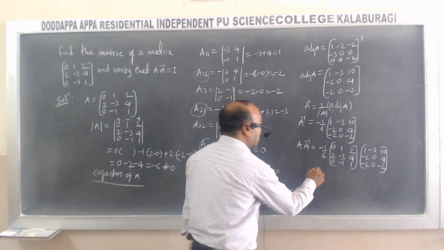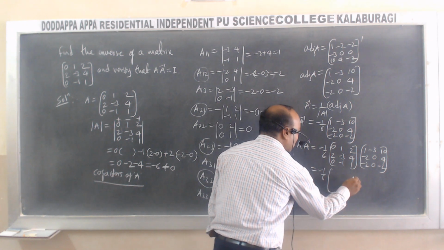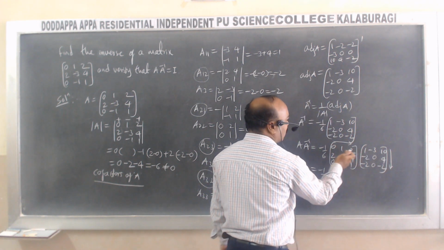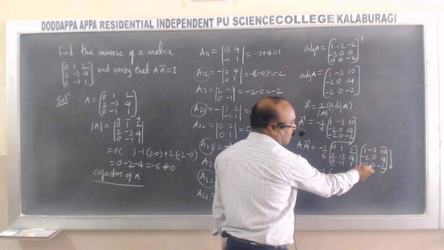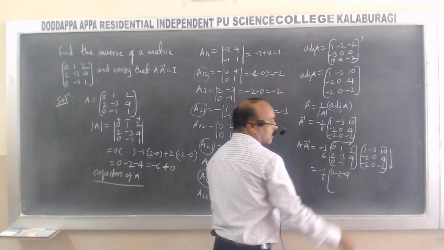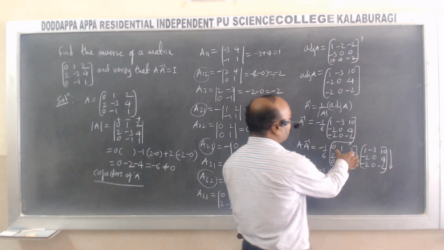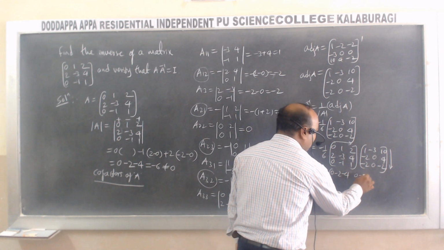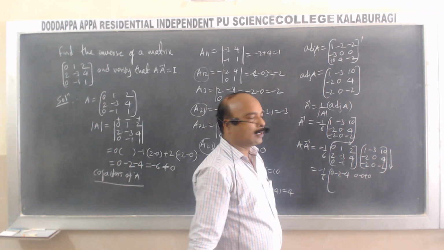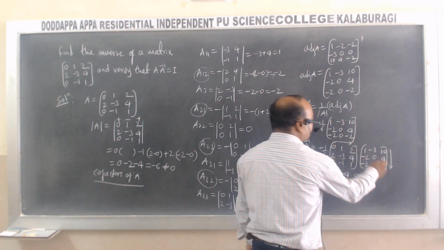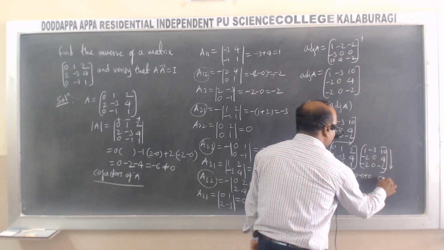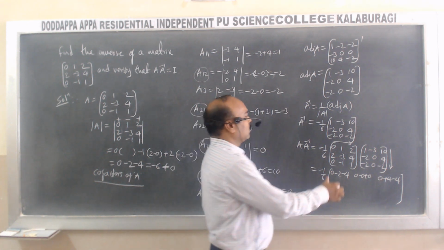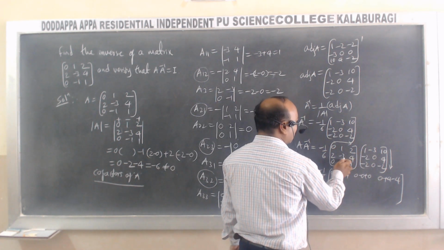Now we start multiplication. It is minus 1 by 6 outside. Now start the multiplication of these two. First 0, it is minus 2, it is minus 4. It is the first element. Second row with second column, it is 0, it is also 0. So we get all three elements 0. Next first row with third column. It is 0, it is plus 4, minus 4. Next second row with first column, 2 plus 6.